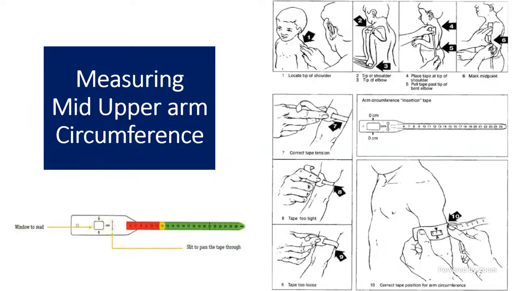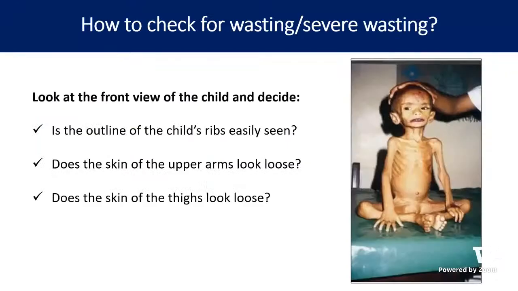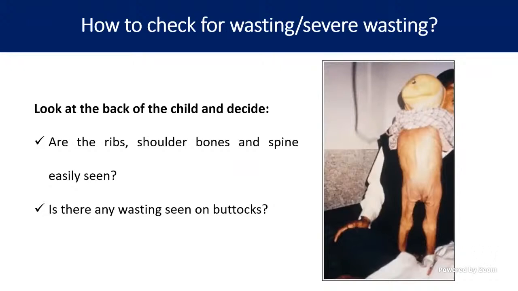You have seen the child's weight and height and plotted on the graph. Then you have seen the mid upper arm circumference. Then what you will do? You will see the look of the child. See, the child is literally bones. You are seeing the ribs. You are seeing the upper arm skin loose, very, very loose. Thighs look very loose. This is the front, and at the back you will see the child's baggy pant-like feel. Over the buttocks, the folds are there, and you see the spine, you will see all the bones. So this is called severe wasting. So visible severe wasting is equal to severe acute malnutrition.